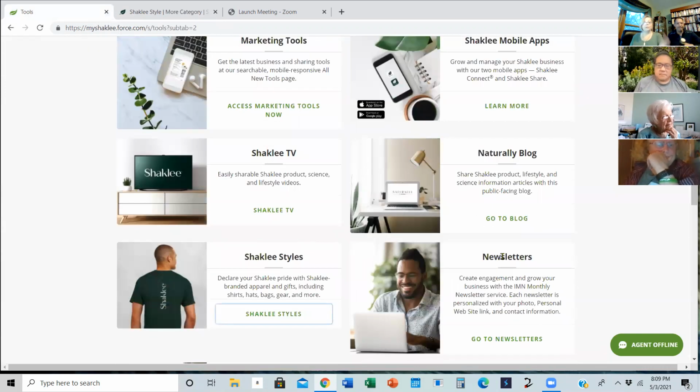Newsletters. I used to use Shaklee's. Now I use Your Freedom Projects just because it was easier for me. It costs a whole lot more. Shaklee's is like $10 a month. And it's a really good letter. It has links in it and everything like that. But if any of you guys on this call want me to add your people to my Your Freedom Project newsletter, I can do that for you.